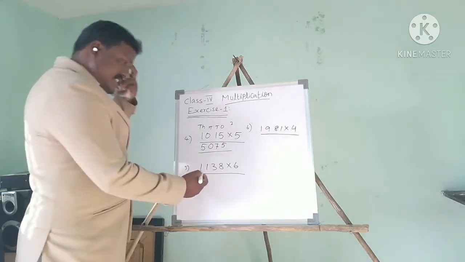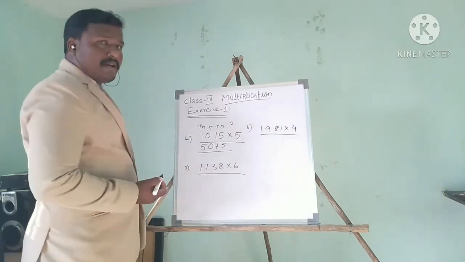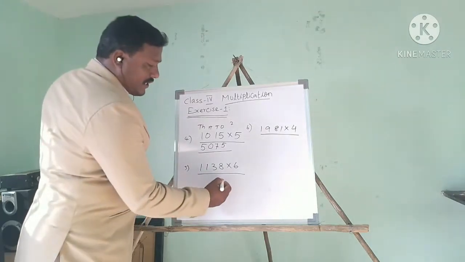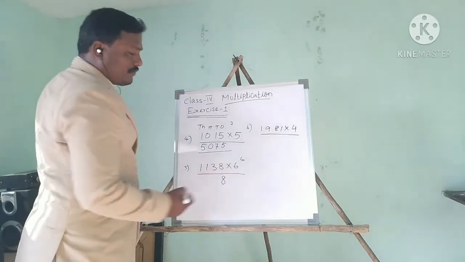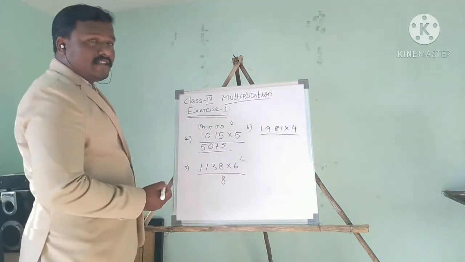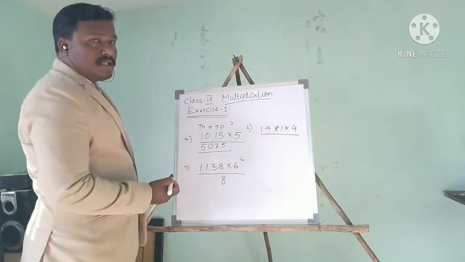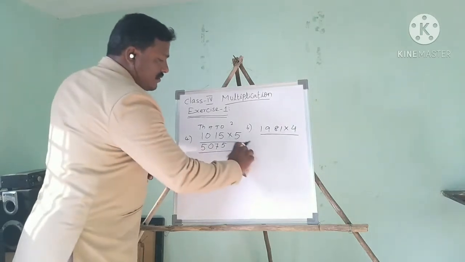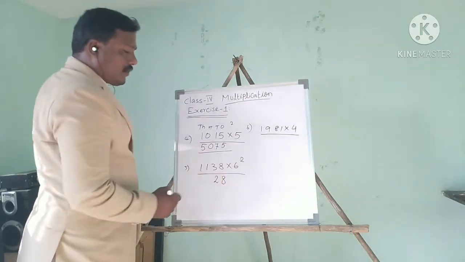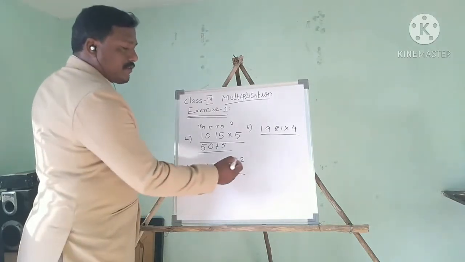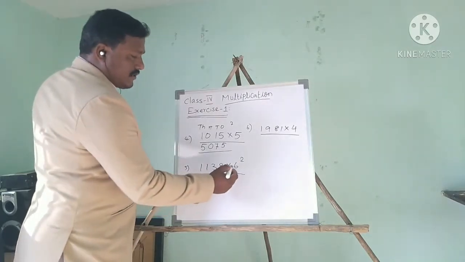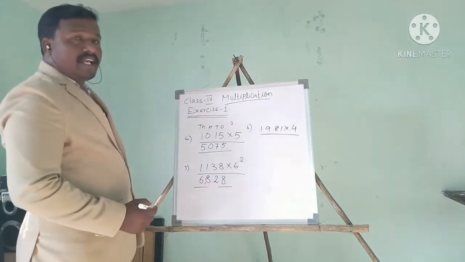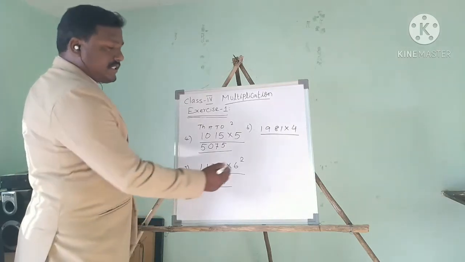Okay, let me discuss this one. Now we want to know 6 table. Okay, 6 8s are 48. 48, 8 I will write here, remainder 4. So 6 3s are 18. 18 plus 4, 22. So 2 I write, remainder 2. So 6 ones are 6, 6 plus 2, 8. Okay, so 6 ones are 6. So 6828 is the product of these two numbers.